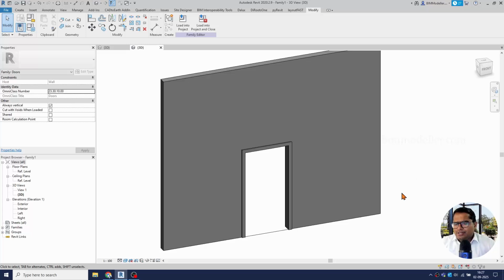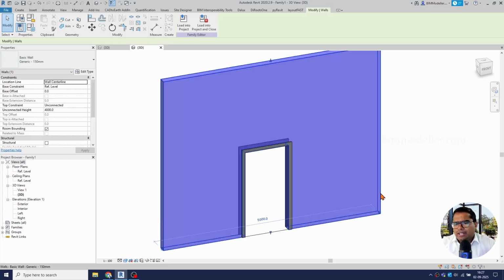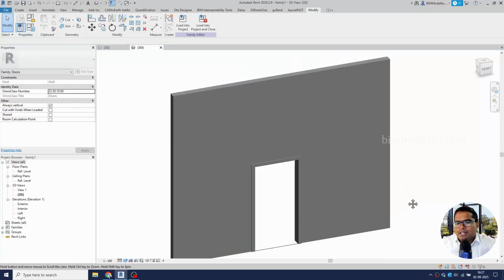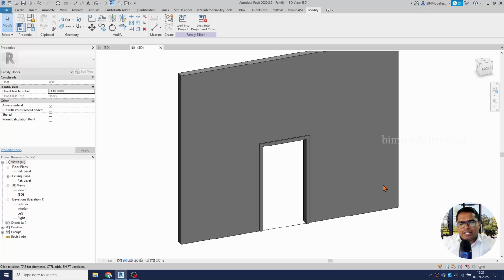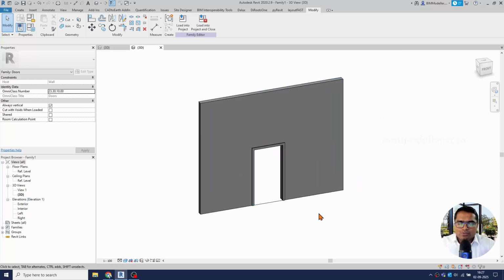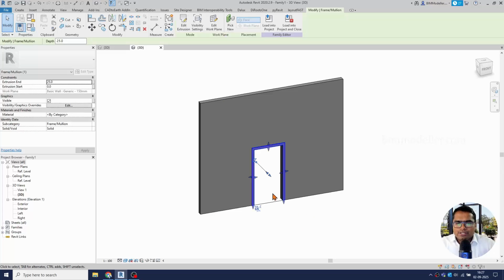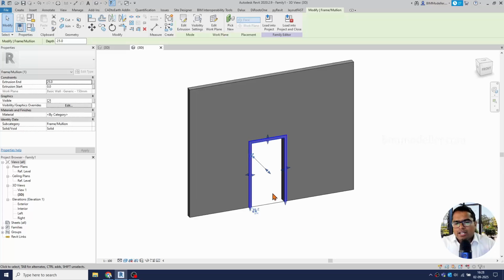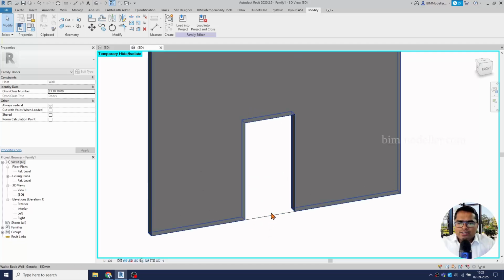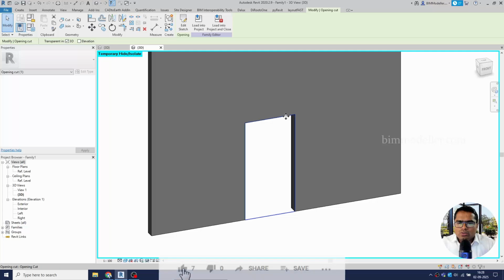So in this tutorial I have some very interesting tips and use cases. I just opened the generic door family template. You know that this is a default thing that comes up. I can hide it temporarily by pressing the H key, and you can see that we have a door opening